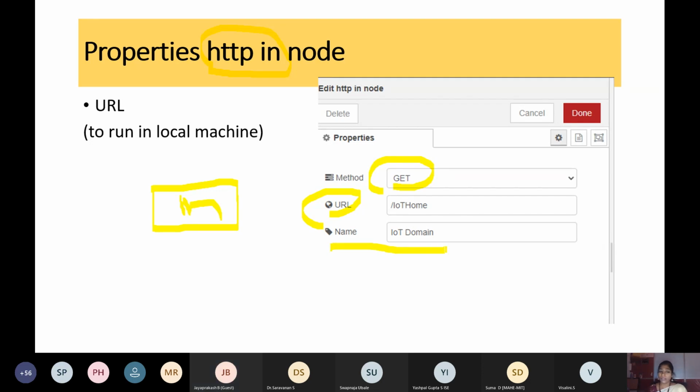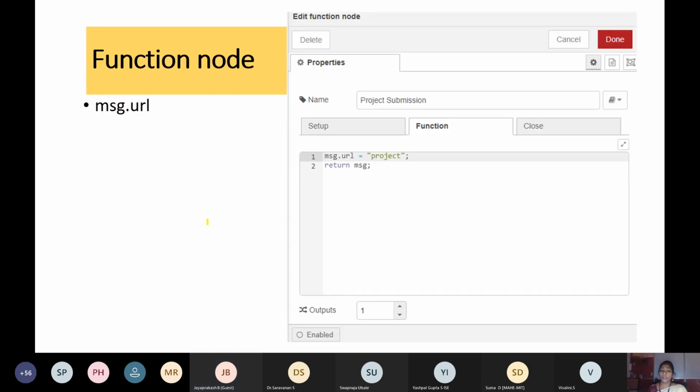So we are done with HTTP in. We dragged the HTTP in node, placed it in the flow, double clicked it, and gave only the URL name, slash IoT home. You can give the same name because it is going to run in the local system only.